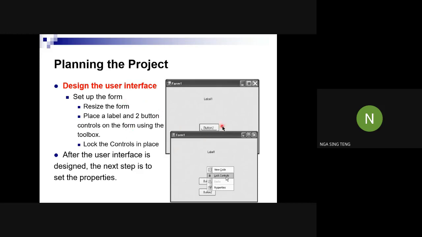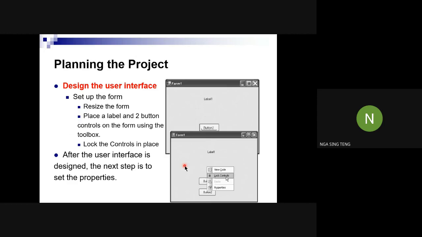Okay, so you can just drag and drop, you can double click, so you adjust where you want to put this label, where you want to put this button, and also you can lock the control, which means the user can resize it maybe. Okay, user cannot move it here and there. Okay, just once you design something,